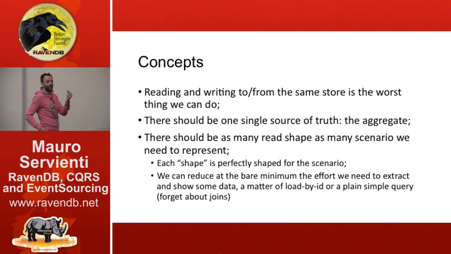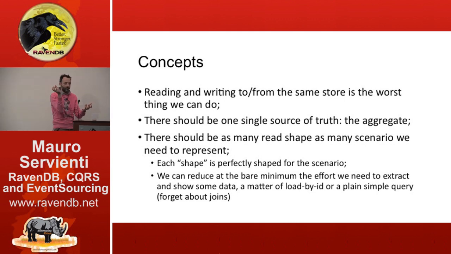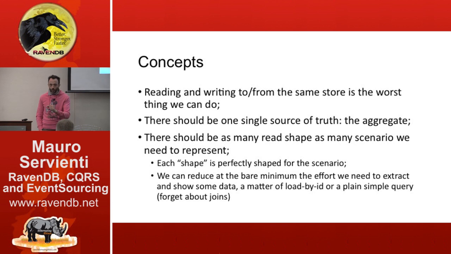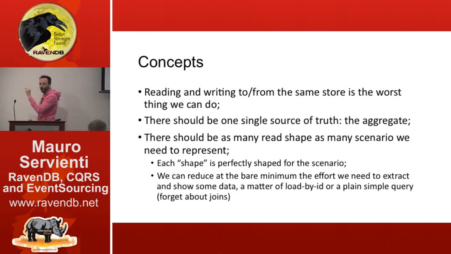Most of the time, you write a person document, and then what you have to get back is a search result that pulls out some properties of the person document, but you don't really care to have back the person document at all in that scenario. So we can say that there can be only one single source of truth that, from the domain-driven design point of view, is the aggregate truth, and that is our